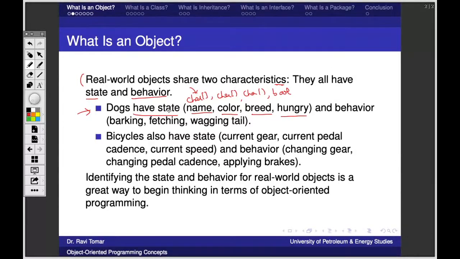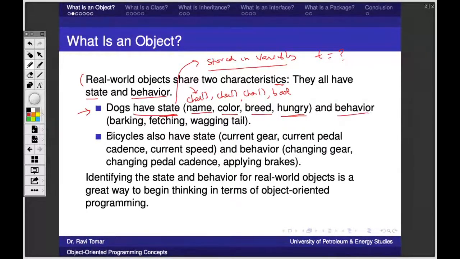So what we mean by this is that state is stored in variables, right? State is not a variable. We cannot say that state is equal to variable. We say a state is stored in the variable. So at any point of time, like at time t, what is the state of a dog? Name, color, breed might be fixed, but maybe this is changing. Sometimes it is hungry true, hungry false, right? So dogs have a state and we use variables to store the state, right? That is what we mean by state here when we model it in programs.